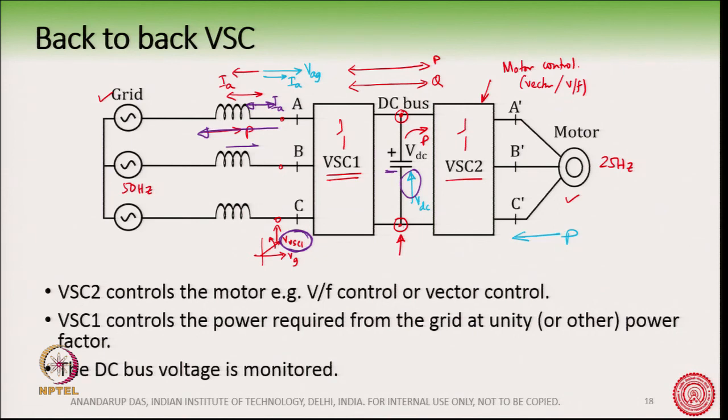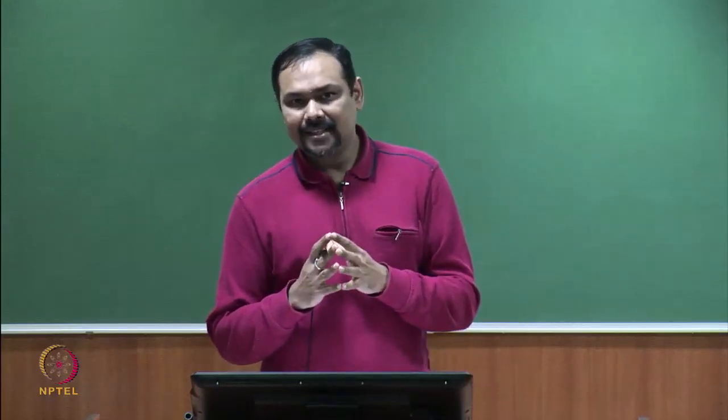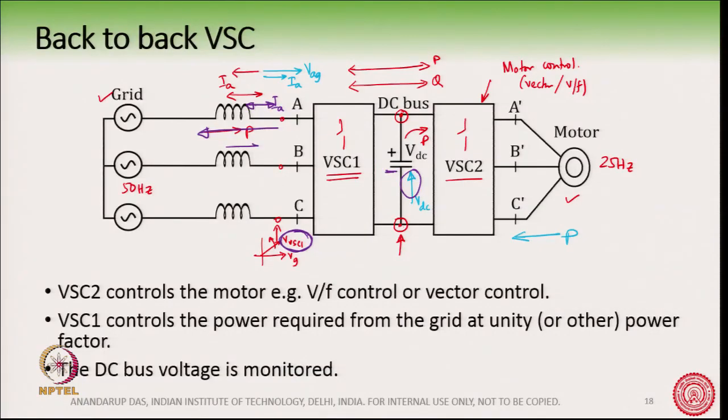Now, the discussion was entirely on active power, but the reactive power is part of the energy flow, though it is not controlled. Here we have not talked about reactive power. So, let us take an example. What happens with the reactive power? Suppose the voltage of VSC1 is such that there is a P and Q.